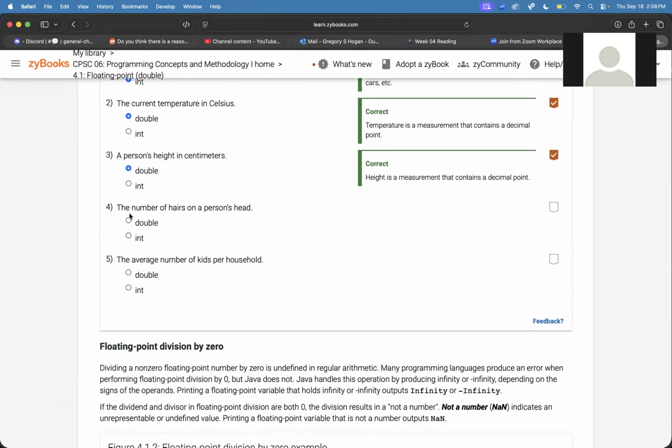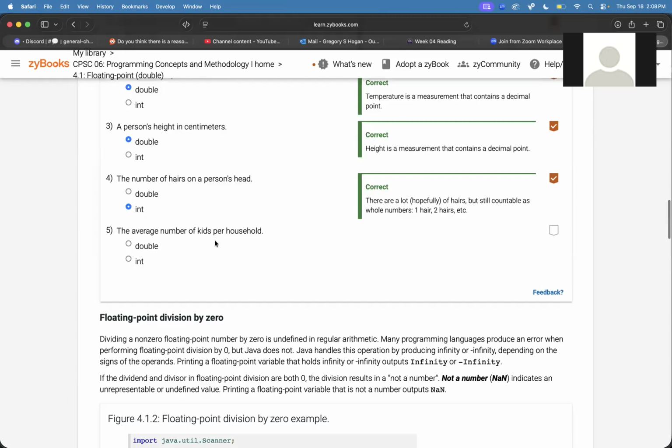Even though you could say 160 centimeters, 172 centimeters, whatever it is, you could also have like 172.3 centimeters. So you would want to use a double. Number of hairs, that's something you can count. Average number of kids. If it's an average, it'll probably be like a decimal number, right? Because with averages, you add up a bunch of things and then you divide by something. So like it says here, nobody has 2.2 kids, but when you calculate an average, that's what you would calculate,